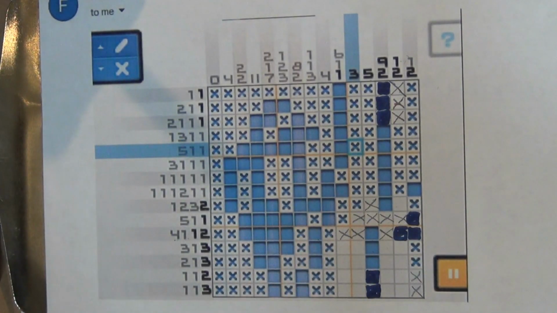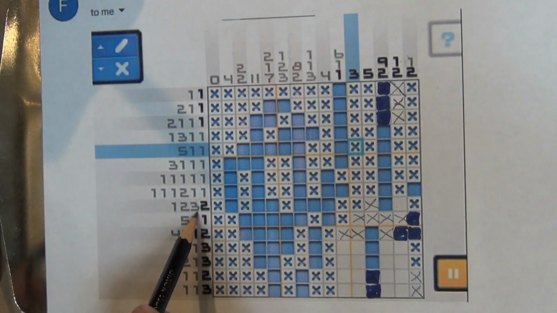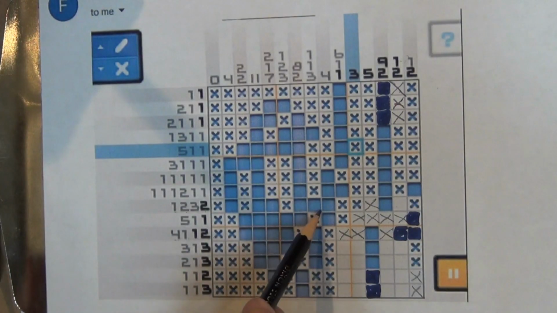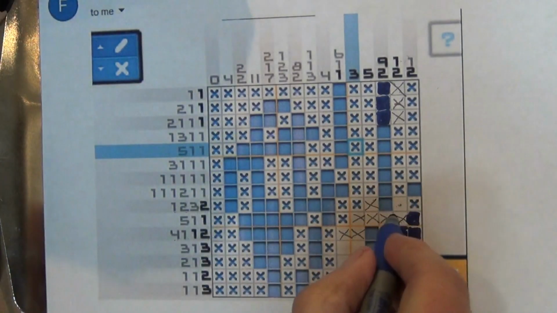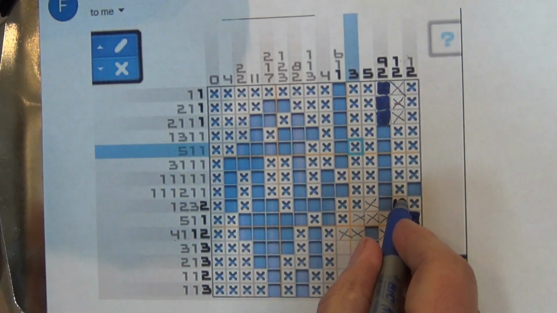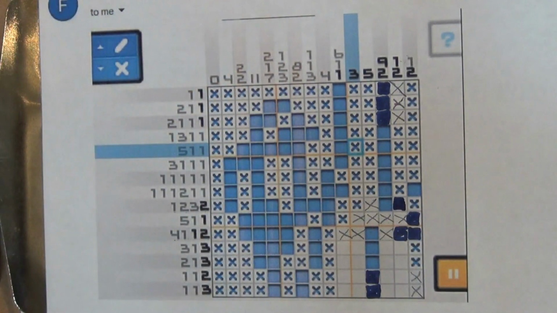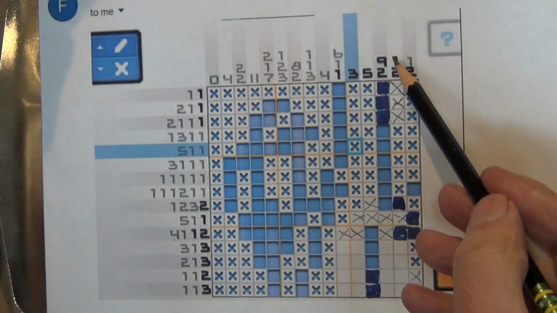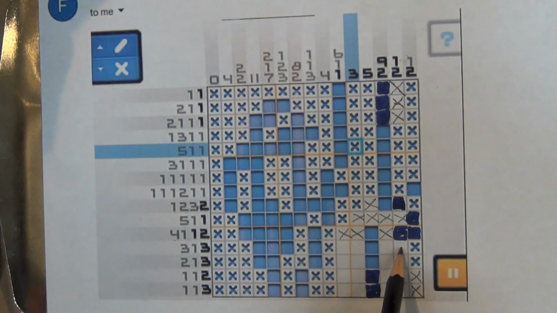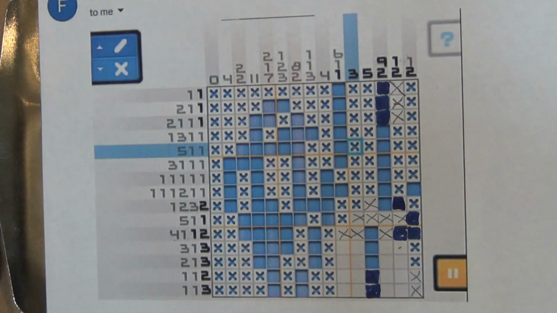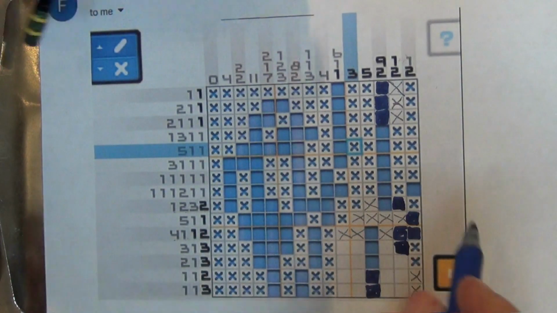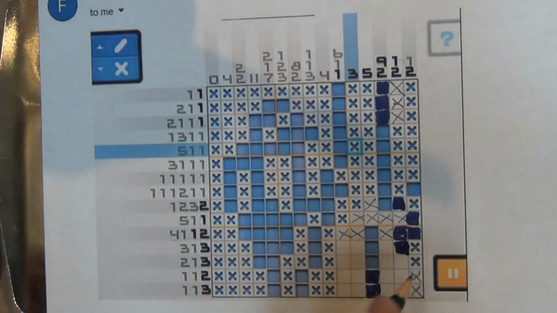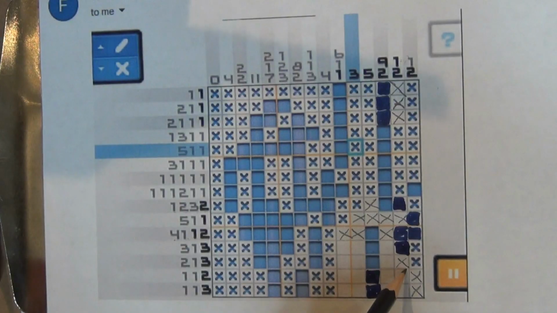All right. This was supposed to be 1 and 2. We don't know yet, but if we look across here, 1, 2, 3, 2. That means this has to be filled in. All right, now when I look at the top, I see it says 1, 2. Here's my 1, here's my 2. So that means that has to be filled in. And then, if that's a 2, everything below it has to be an X. So there's an X, there's an X,